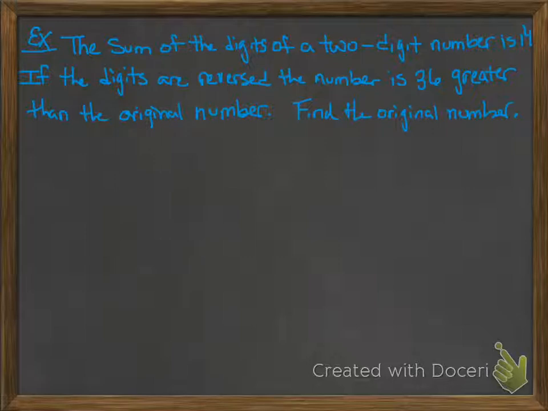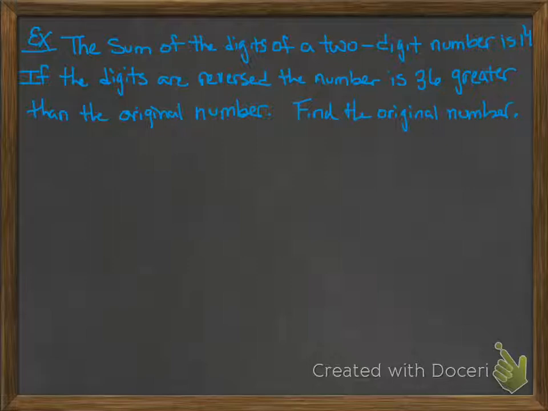And we're going to hop right into our first example here. In this first example, the sum of the digits of a two-digit number is 14. If the digits are reversed, the number is 36 greater than the original number. Find the original number. So the first thing that we have to look at is how can we express a